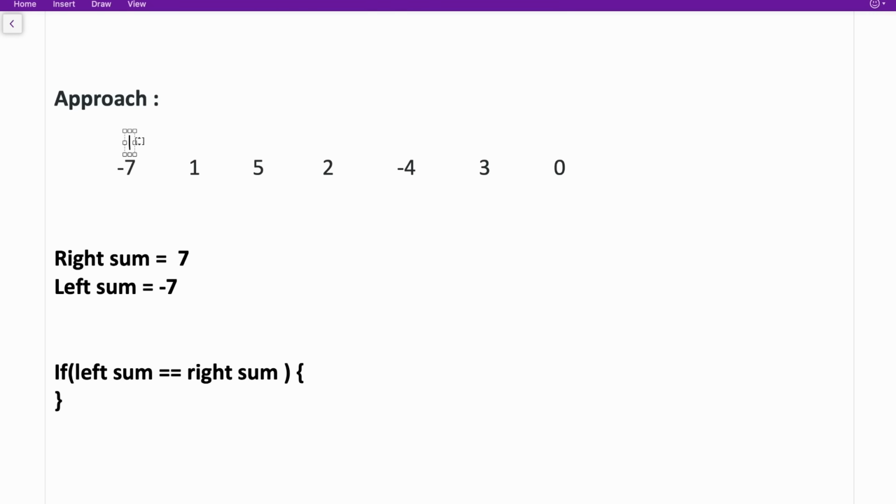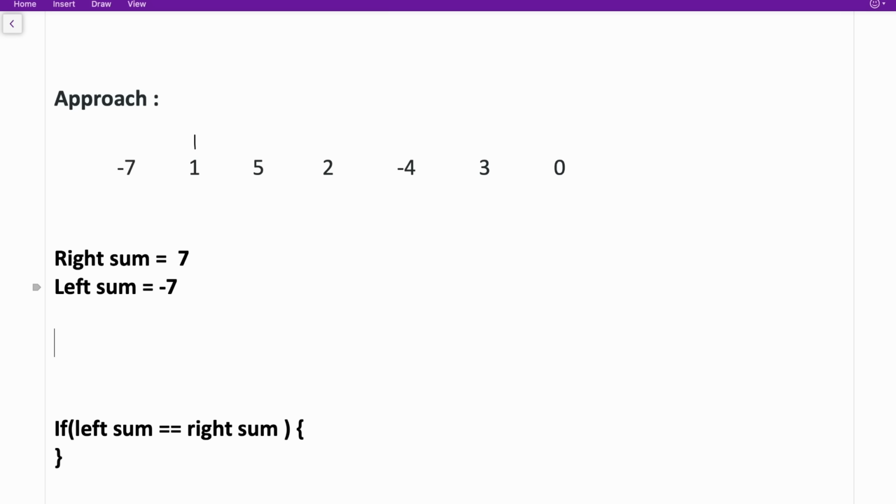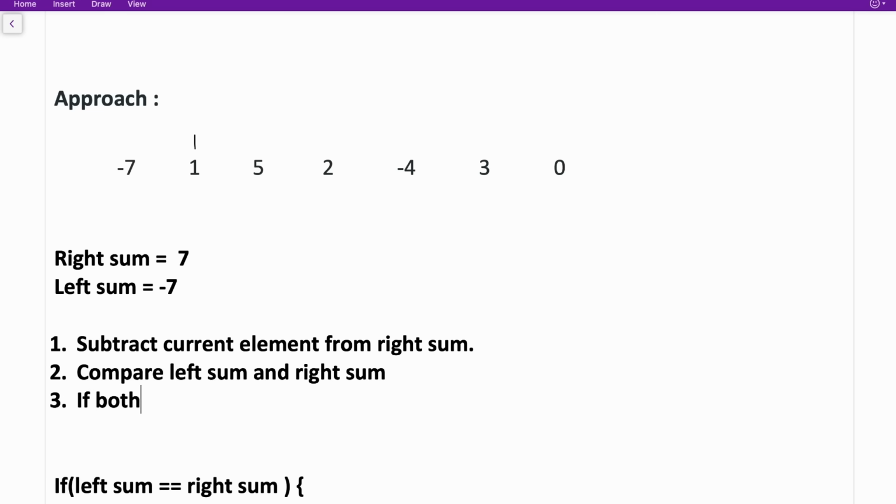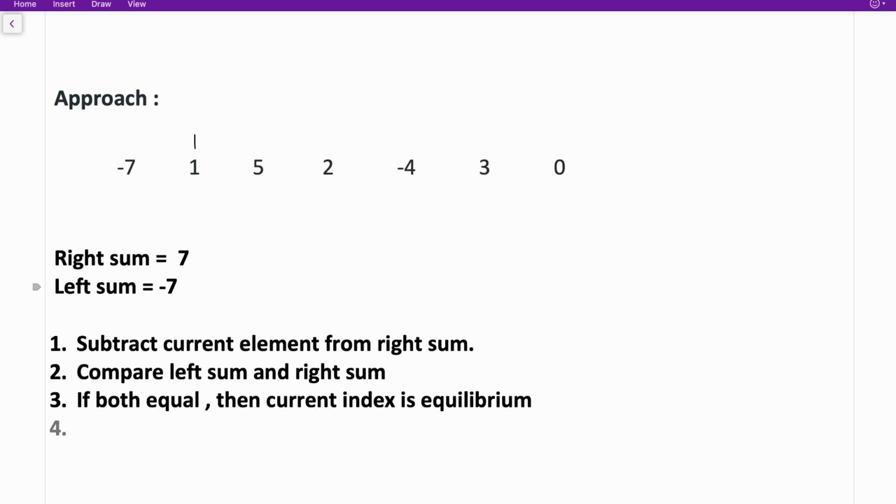Once we have done I plus plus, what does right sum contain? Right sum contains the elements on the right side, left sum contains the elements on the left side. The approach is very simple. First step is subtract the current element from right sum. Second step is compare left sum and right sum. Third step is, if both are equal, then the current index is the equilibrium index. Else, if they are not equal, then we will do left sum